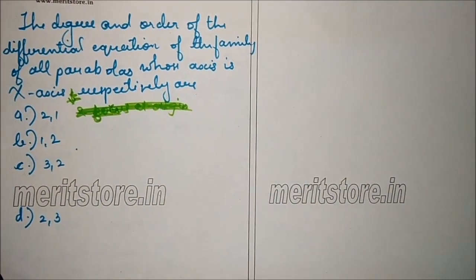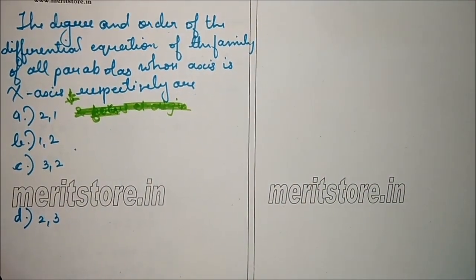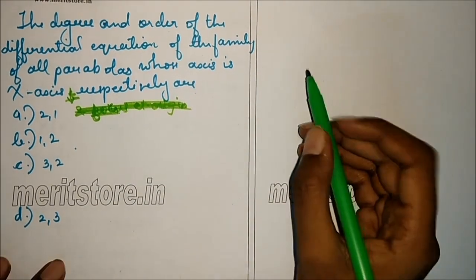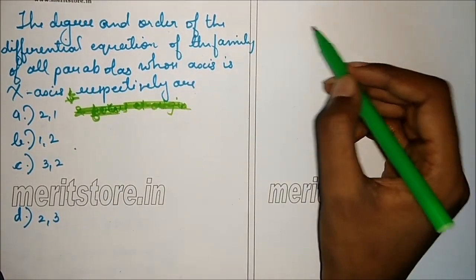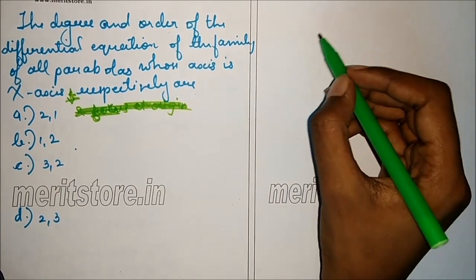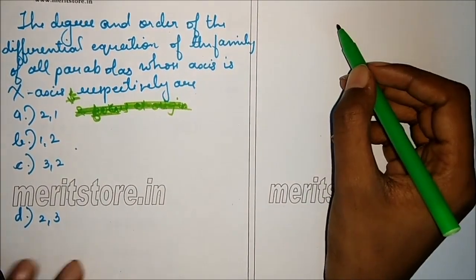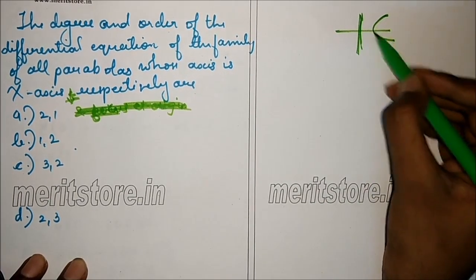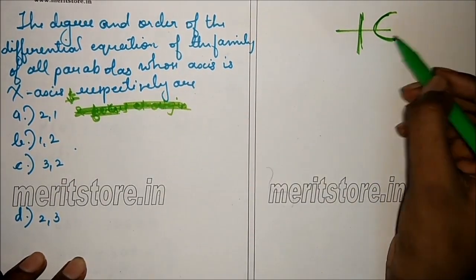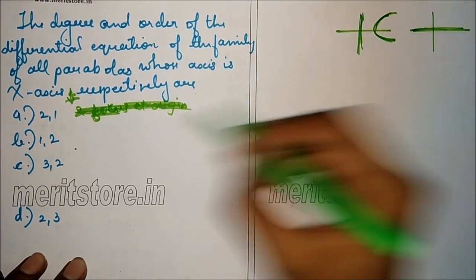The next question is: the degree and order of the differential equation of the family of all the parabolas whose axis is the x-axis respectively are. We are supposed to find the equation of the family of parabolas whose axis lies on the x-axis. That is, it must be something like this, or when h is 0,